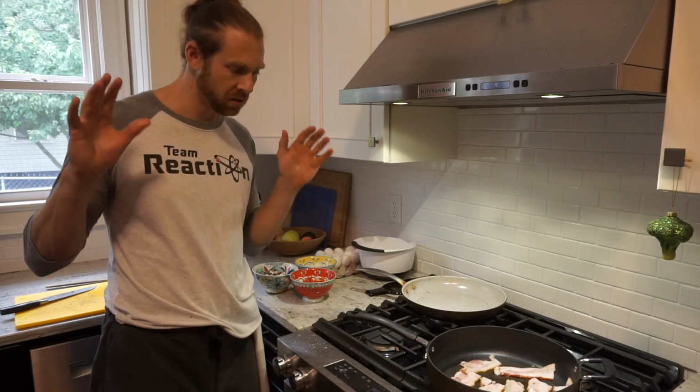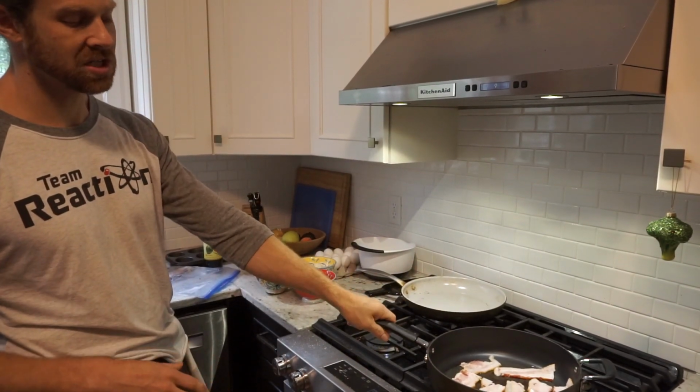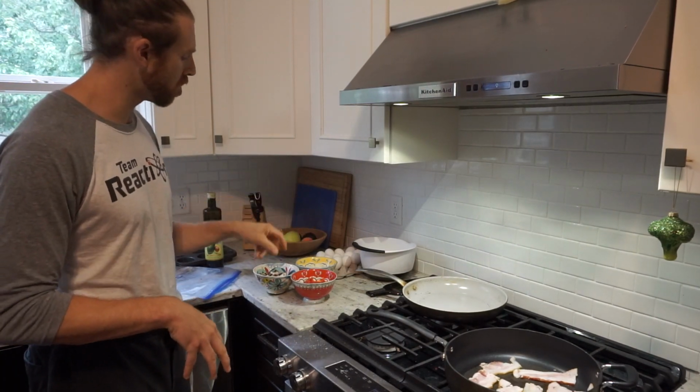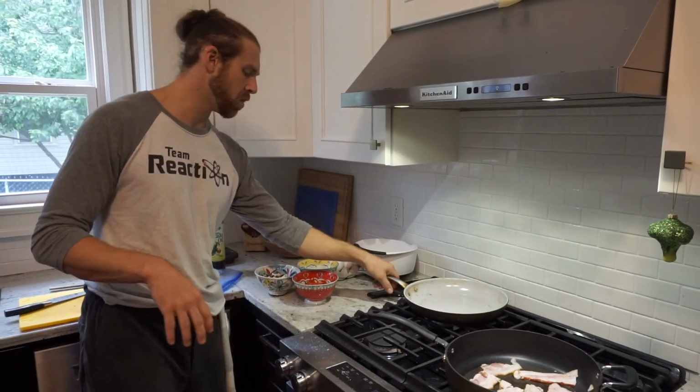All right, so the steps. First step, now I'm not a chef, but you got to think about what's going to take the longest to cook. So bacon, that's going to take the longest to cook. Second, I'm going to pre-cook all the vegetables. So while the bacon's cooking, I'm going to throw on